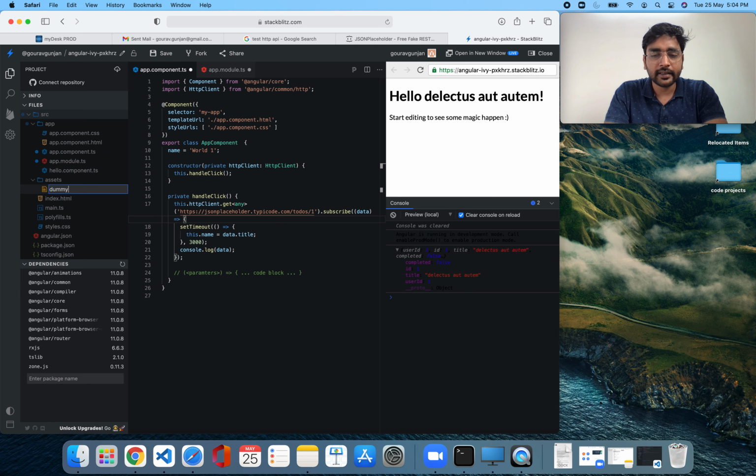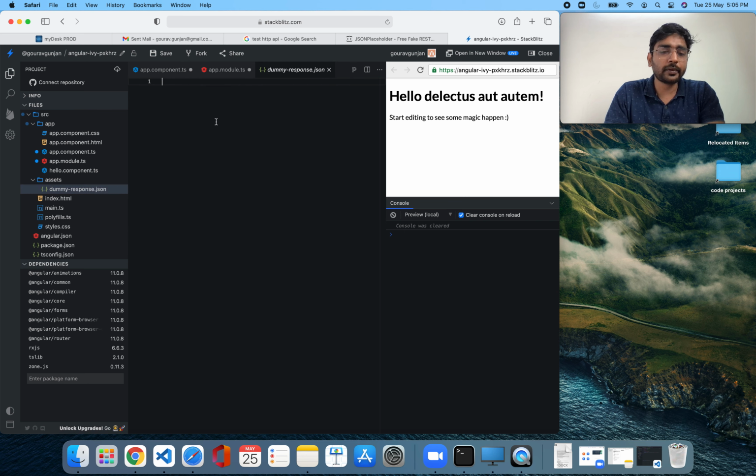So let's say this is dummy response.json, right? And we'll open that, and we'll just put this object inside this. So since this is a JSON file, if you guys are aware of it, you have to write inside inverted commas, right? And just a second. So you have to write inside inverted commas, and you have to write commas inside that.